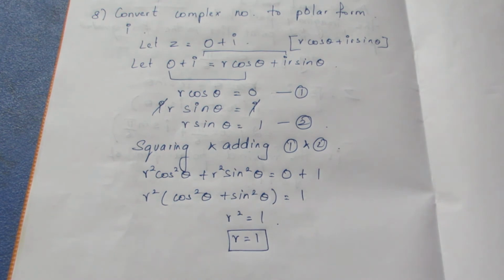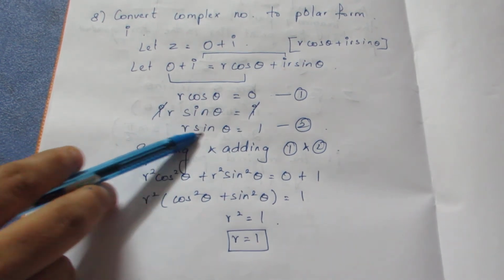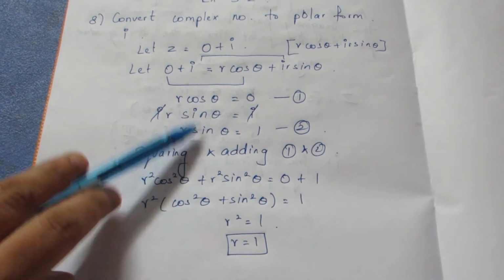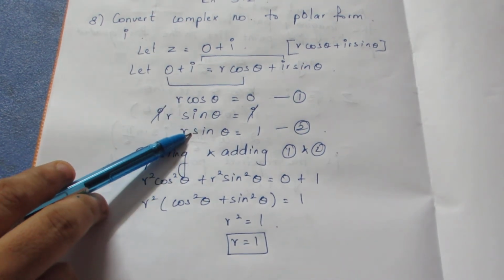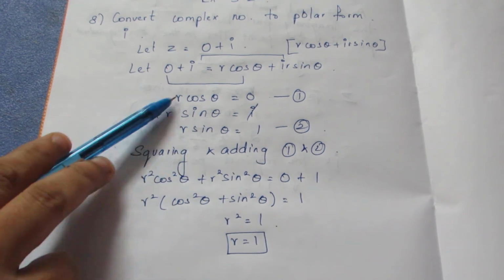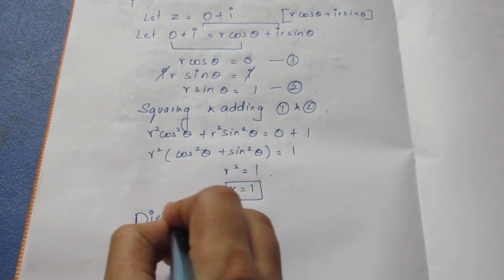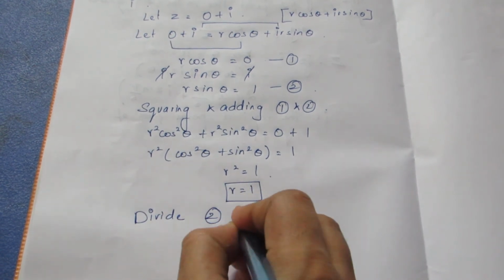We have found the r value. We need to find the theta value. We are going to substitute it there later. First we need to find the theta value. Here we know the formula that tan theta equal to modulus of b by a. So we want tan theta. Here there is no tan theta, only sin and cos are there. So I am going to divide the second equation by the first equation. If I divide sin by cos, I will get tan. So to get tan, I am going to divide the second equation with the first one.